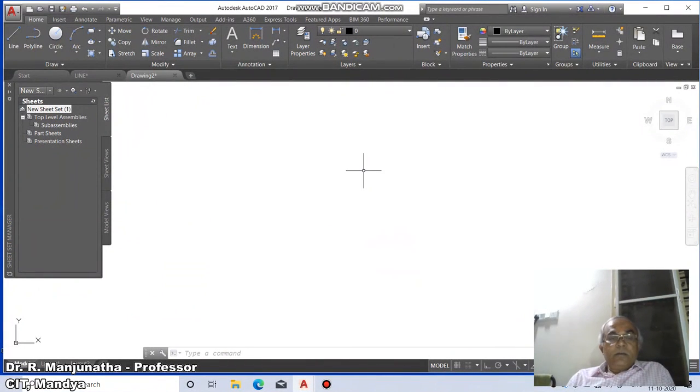In AutoCAD, the first thing you see when you enter the screen is a white background and a type a command area. You can see one icon, the UCS icon, which is called the User Coordinate System icon.